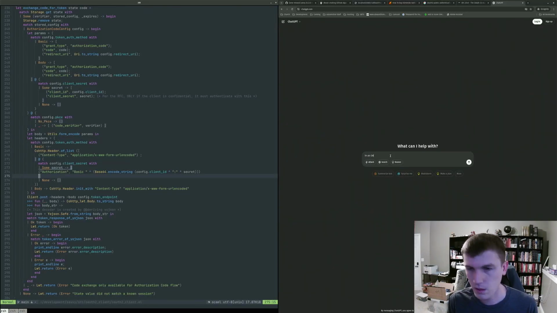In an OAuth 2 authorization code flow, if the client is public rather than confidential, how does one retrieve a token from the token endpoint without any credentials?